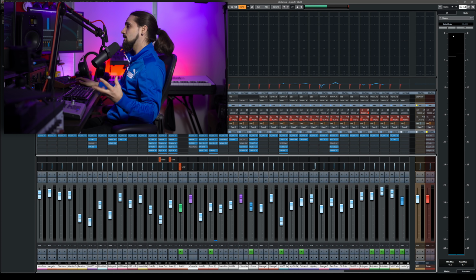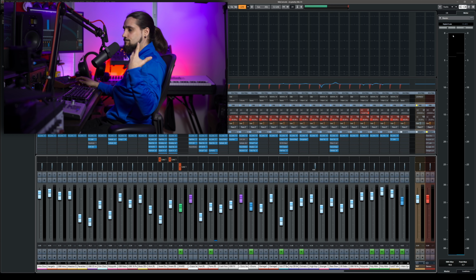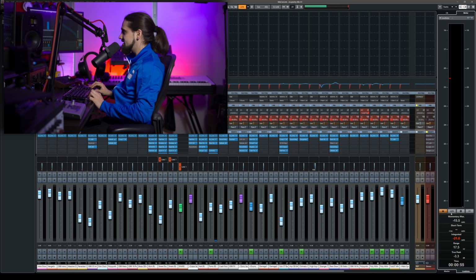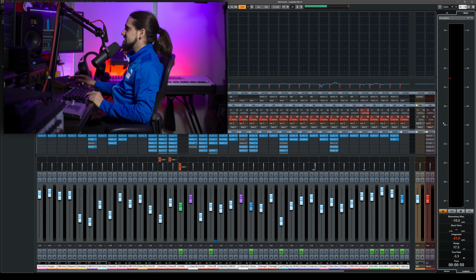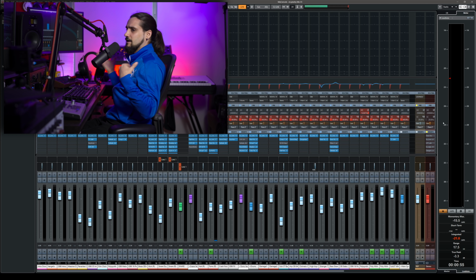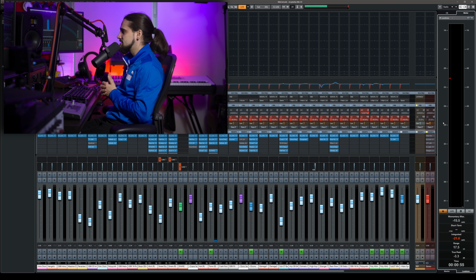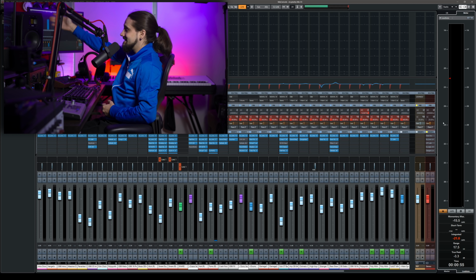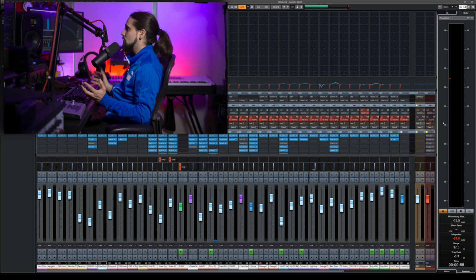Now, if you're going to upload your stuff on iTunes, Spotify, all these things, another really invaluable thing is the loudness meter right here. And basically, the way it works is it gives you the LUFS values that you want. For iTunes, it's -16 LUFS. For Spotify, it's -14 LUFS. These things change. I would take it with a grain of salt, but this helps you get a great idea of what's going on in your mix.